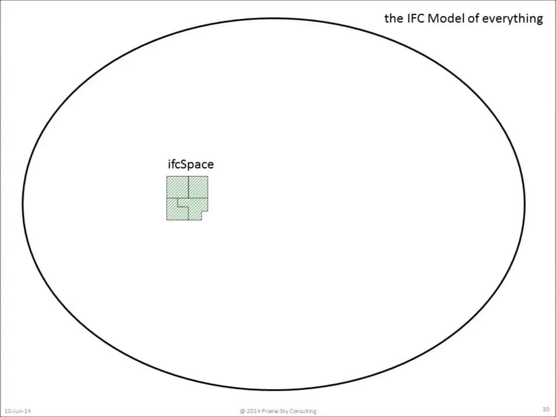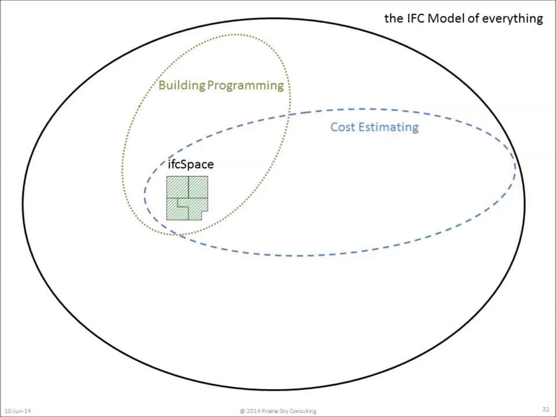Let's look at model view definitions that require information about the IFC space object, or what we might call rooms. During the architectural planning phase, architects and planners and owners will want to talk about room data sheets. There's certainly one specification and need to have information about the rooms and spaces in the building. Later in the project, cost estimators would be interested in the area measurements associated with those room data sheets. And of course, they also need the information about spaces, but they also need some information that architects and planners don't need, like the cost of the various components and finishes that are going to go in each of those